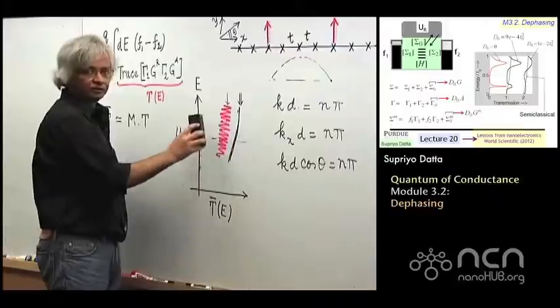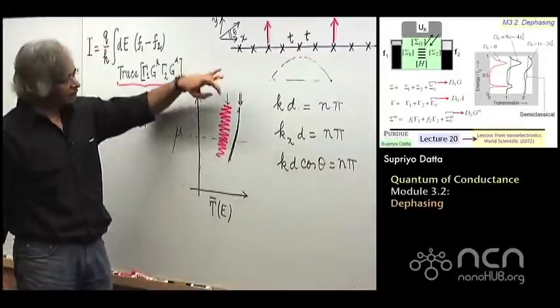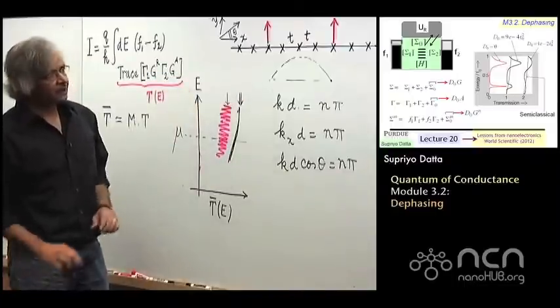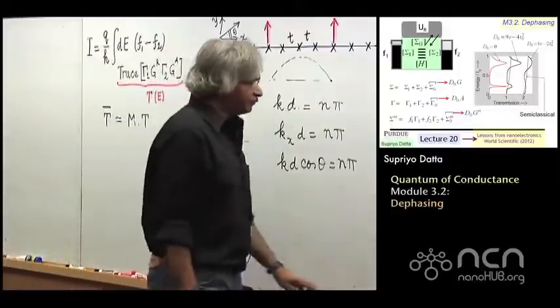How do you go from here to here in your models in a continuous way so that you can model real experiments? Now, the way it can be done, I want to explain that a little bit, is the following,